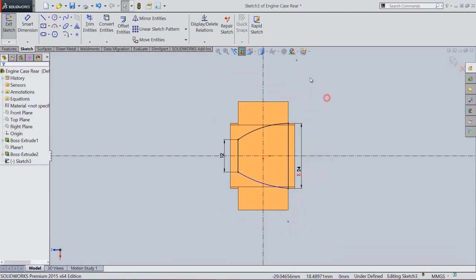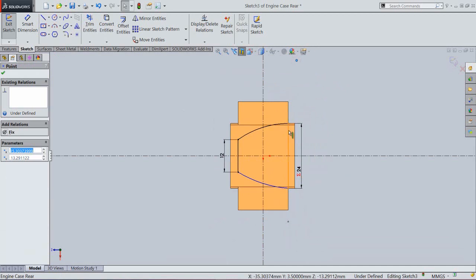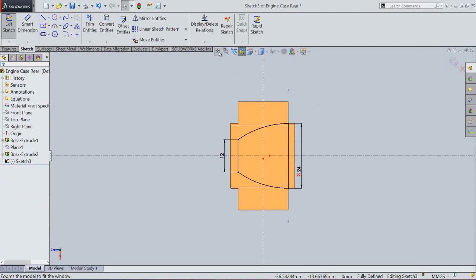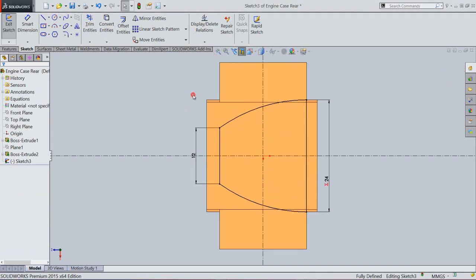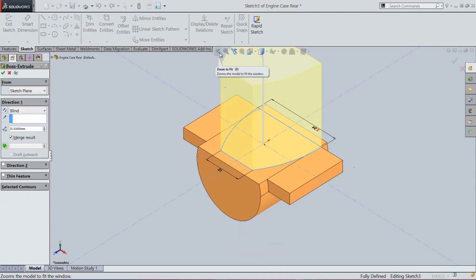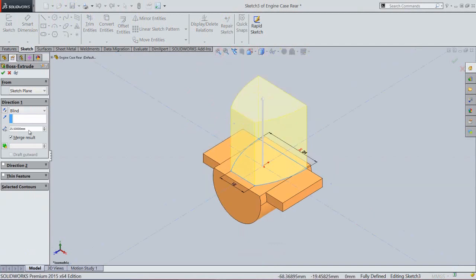OK. Select the center point of the arc and select this line and apply coincident relation. OK, now my sketch is fully defined. So finish the sketch. Now my extruded boss base revolve feature preview is visible here.